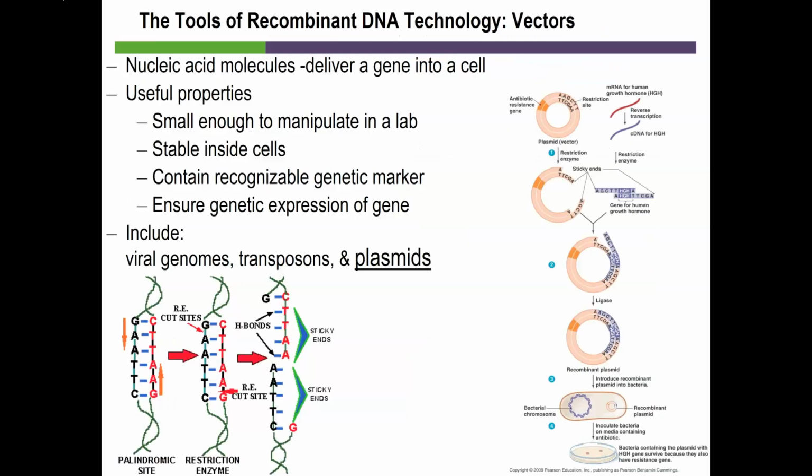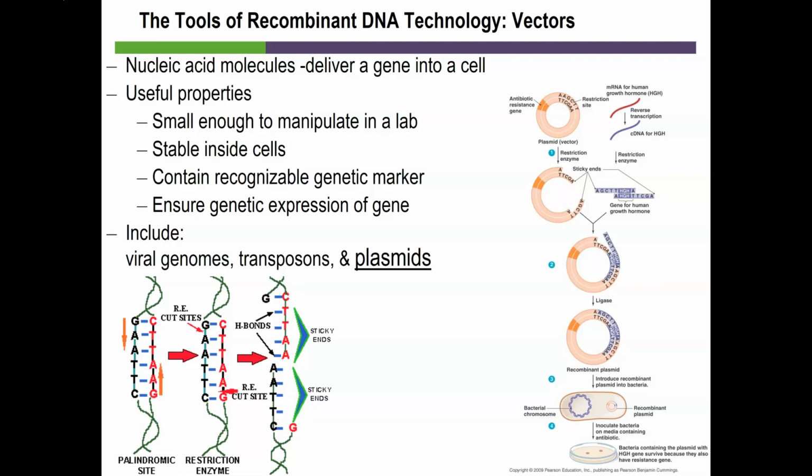This next slide is looking at vectors. As mentioned in the previous video, vectors are replicating pieces of DNA that are outside the chromosome and can be introduced into cells. Vectors have some universal properties. They have to be small enough that we can do something with them in the lab. They need to be stable inside a cell. Once you introduce it in the cell, hopefully it keeps it and replicates it and uses the information, the DNA instructions